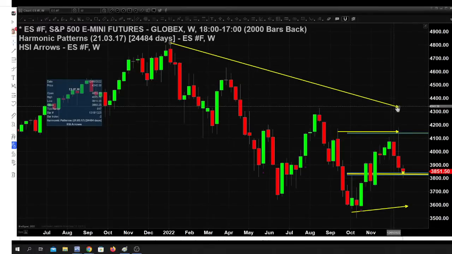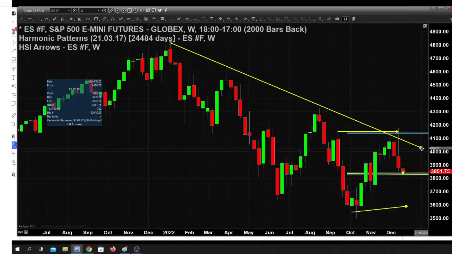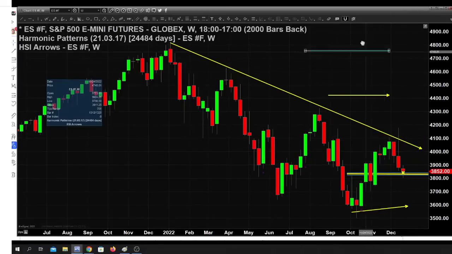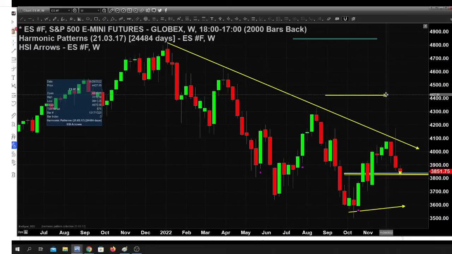I think everyone was looking at that. Tried to flash above it. I don't think anyone expected this thing to blast right off, but the rejection of it at the key level is the biggest engulfing candle for sure